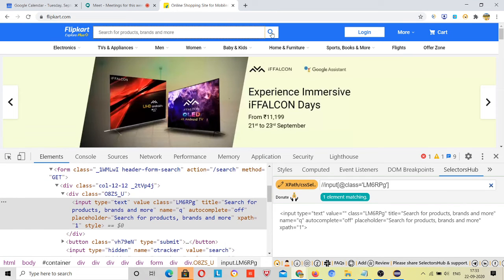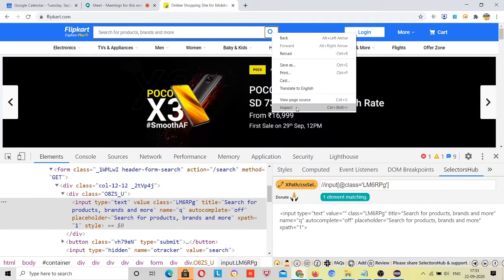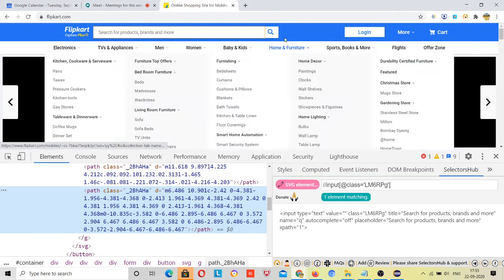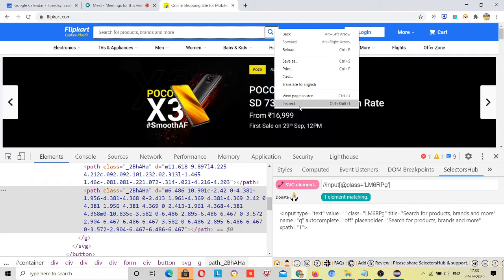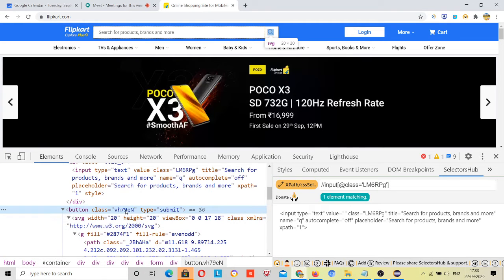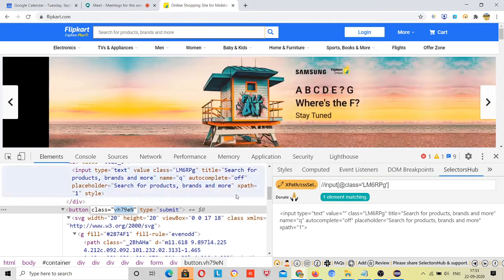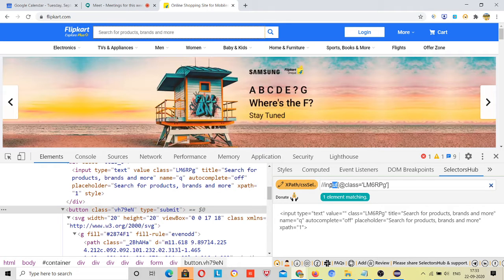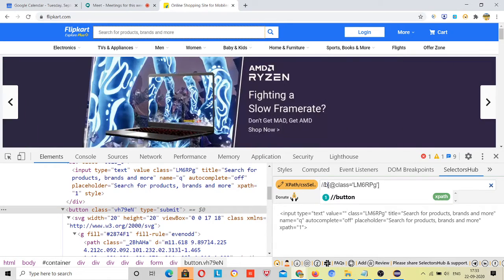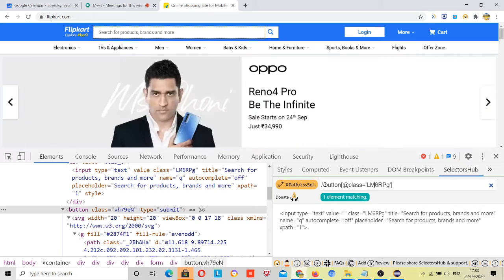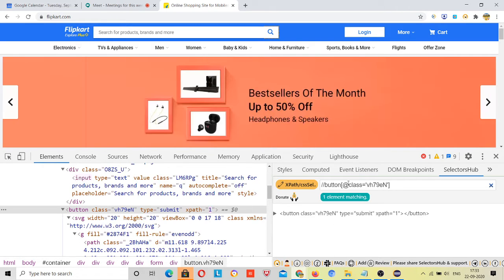After that we have to click on this search button. Inspect, button class is equal to this. Now let's change it to button and class. See, one element matching, right?